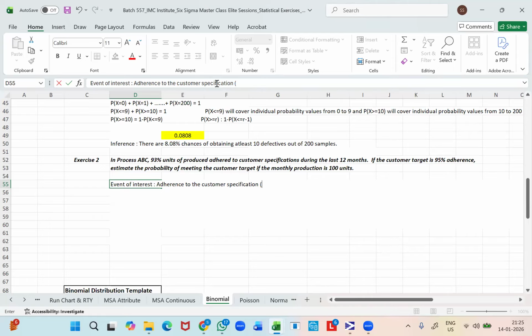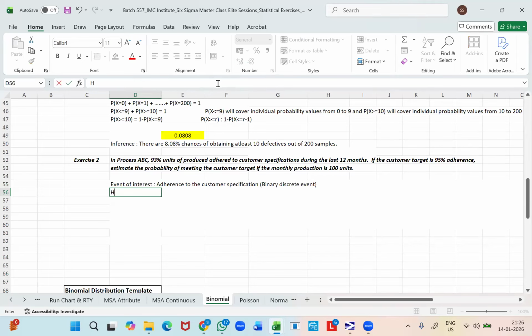If you are going to inspect a unit item, it can either adhere to the customer specifications or it may not adhere. Only two options available, right? So adherence to customer specification will be a binary discrete event,